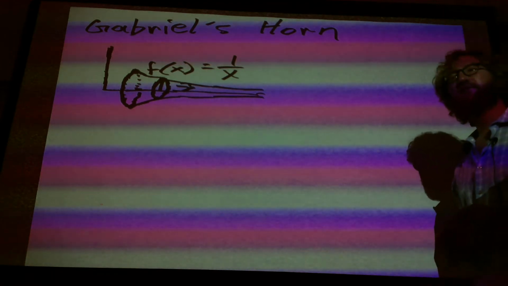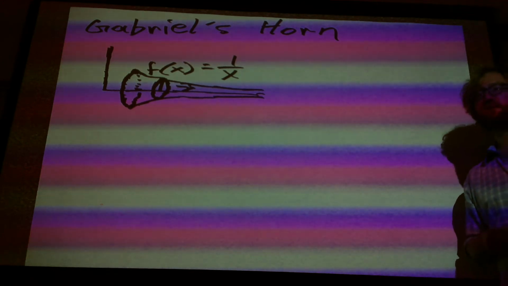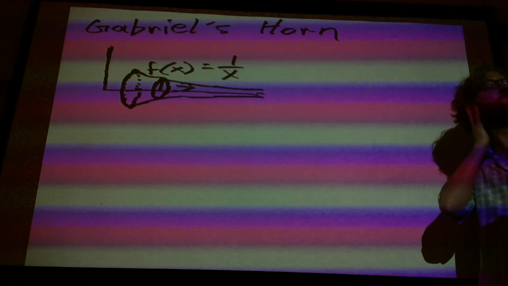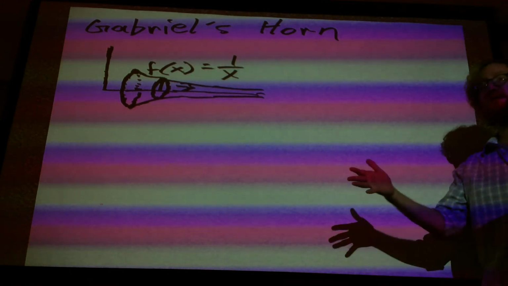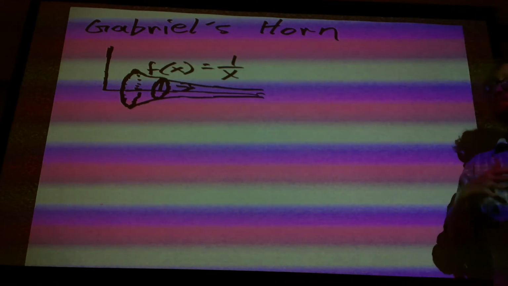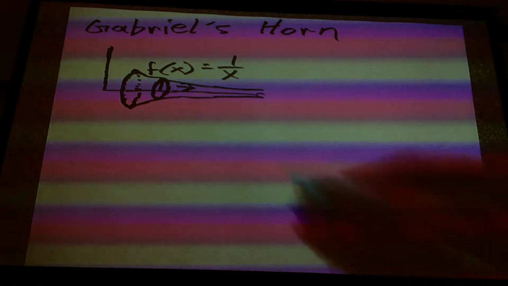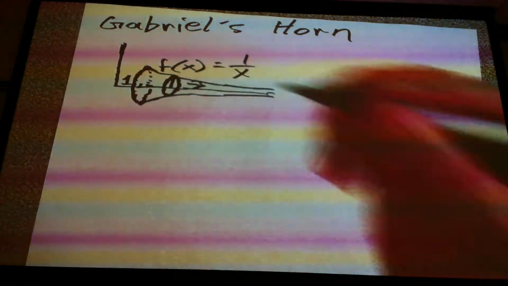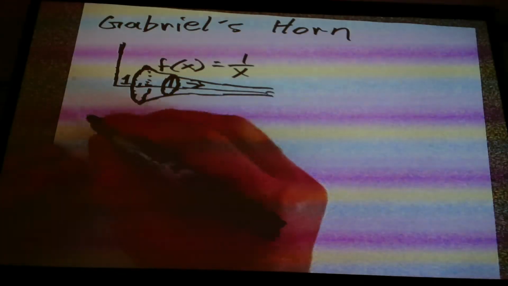If we just take the function 1 divided by x and we rotate it about the x-axis, we're going to take that circle and push it down that line all the way from 1 to infinity. So we're going to start here at 1. So the volume of Gabriel's horn